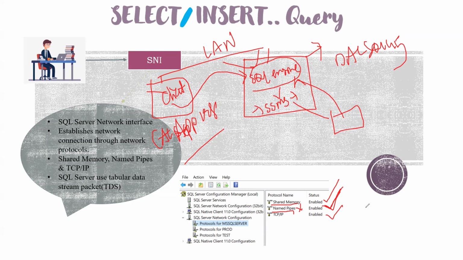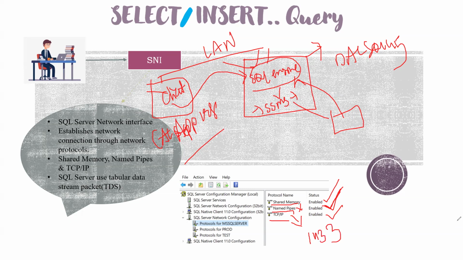Otherwise, the one and only protocol, the widely used protocol throughout the globe, is the TCP/IP protocol. You can connect remotely, you can connect locally, whatever you want. You can connect to SQL Server using the TCP/IP protocol. But again, ports need to be enabled, all that stuff, sir. So TCP/IP is the widely used protocol to make the connectivity to SQL Server from client machine, and by default your TCP/IP protocol will listen on